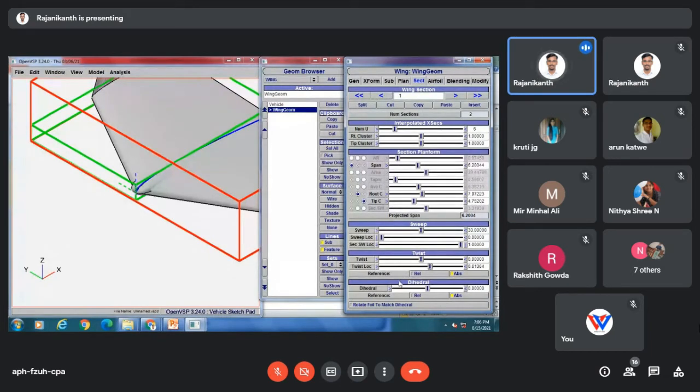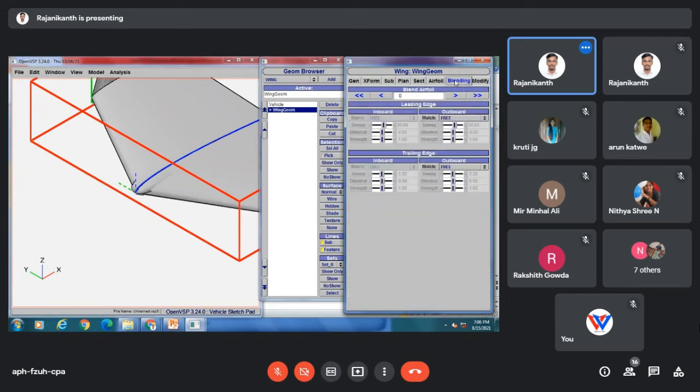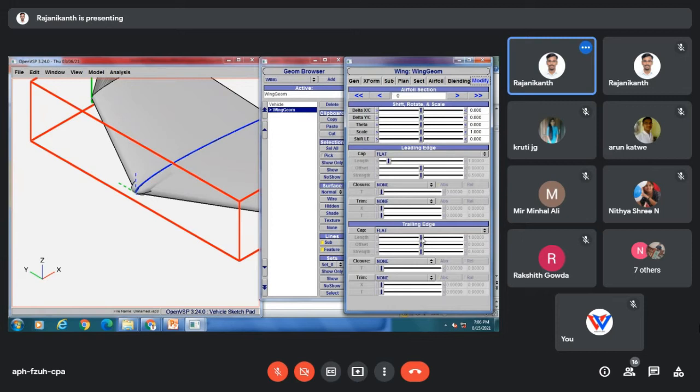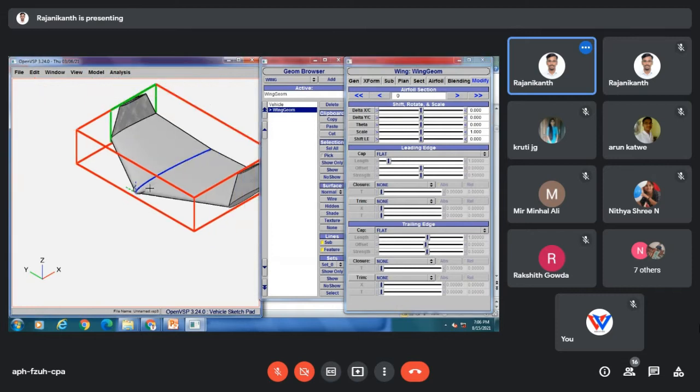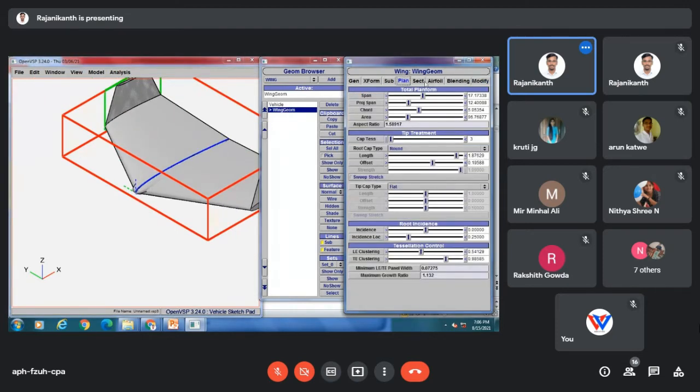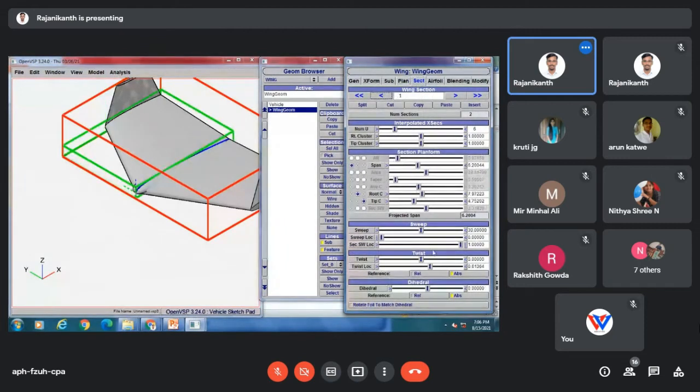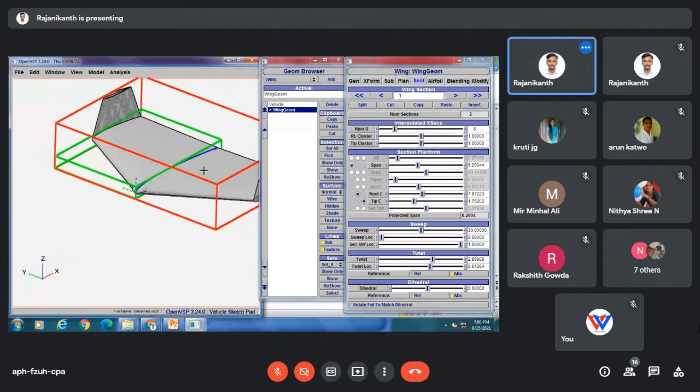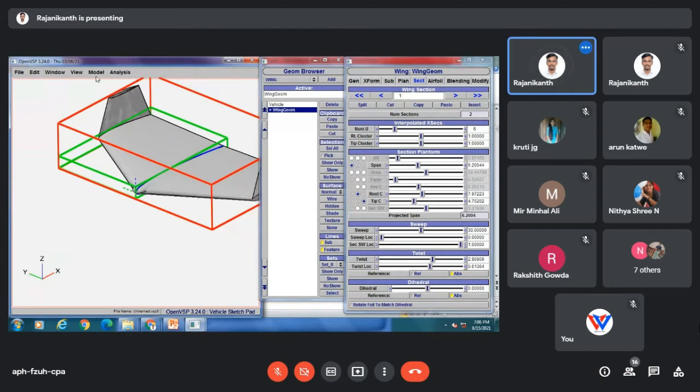You can come to section 1, where we have root chord, tip chord, and this cap. Okay, yes, this is our one wing.